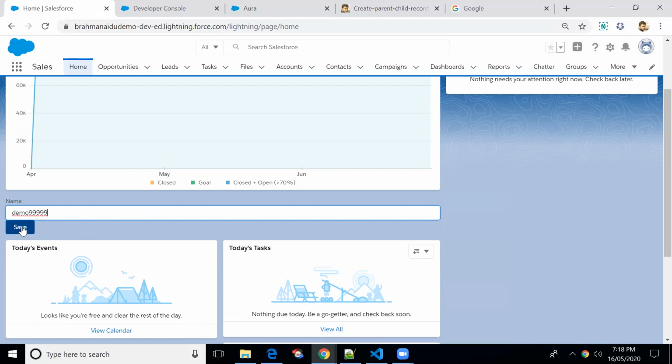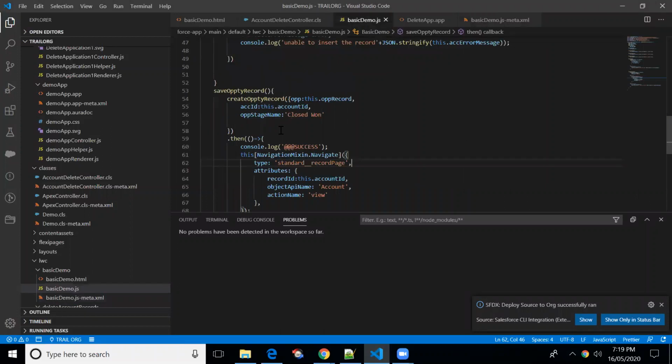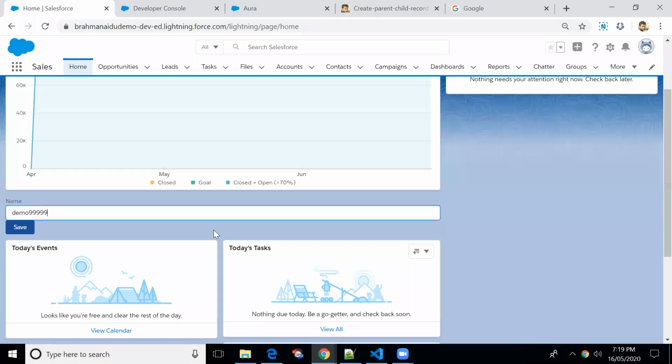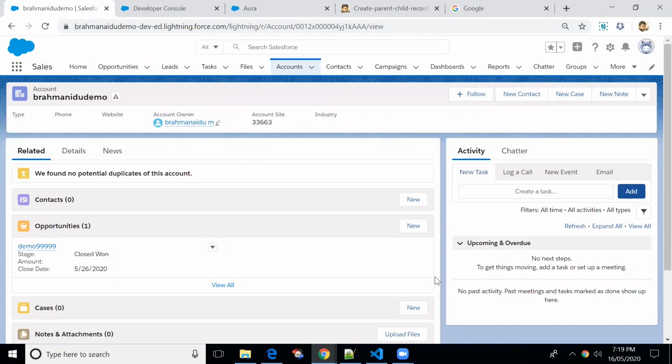Once I click on save, it should navigate to the account detail page, because we have imported NavigationMixin and we have included the logic in the opportunity method. Once it is success, then we'll be just navigating to the account view page, right? So I'll be clicking on save. Now we should be able to see the account detail page, right? So that's it, right? Let me explain the code once quickly.